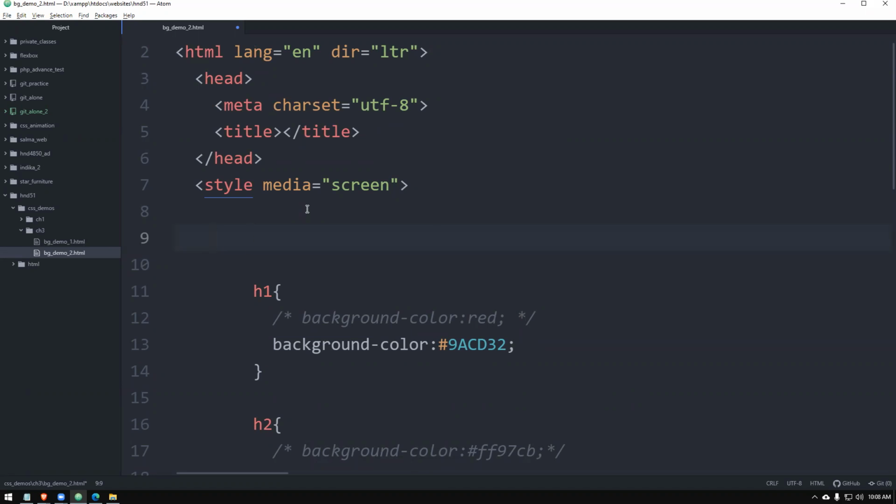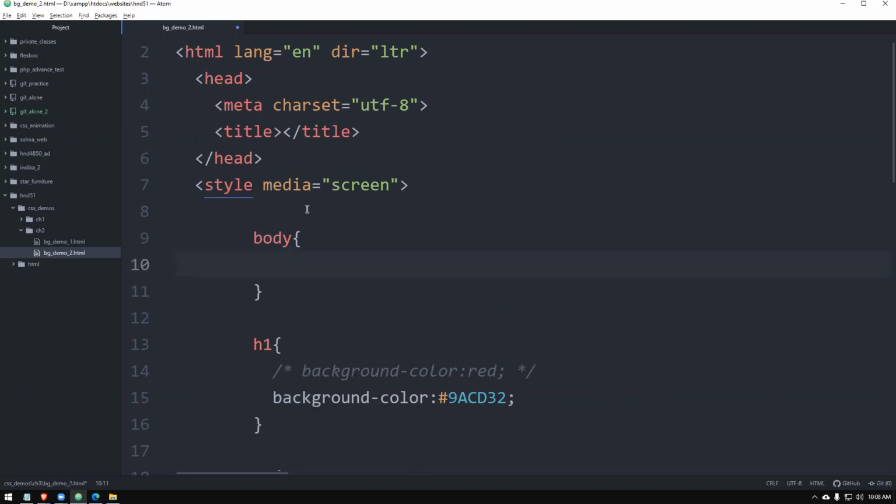We will put body, open close curly braces like that, and I can type the name of an image. First of all, we will get an image, then after that we will apply that image. Okay, let's download an image quickly.